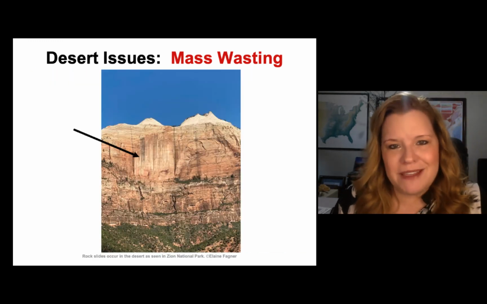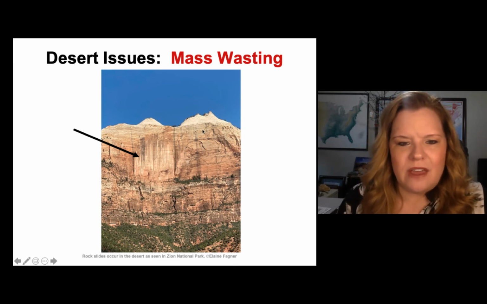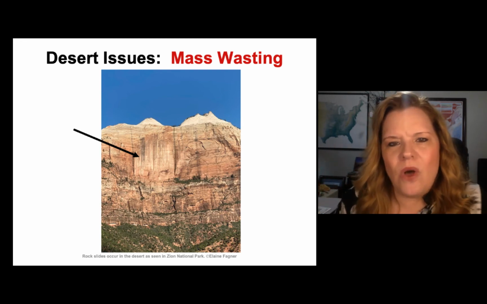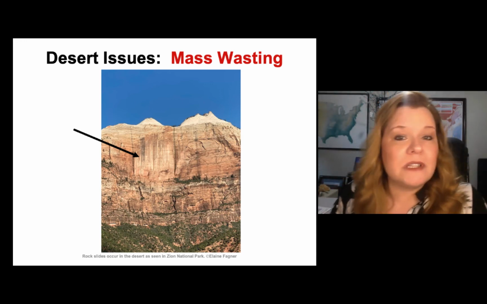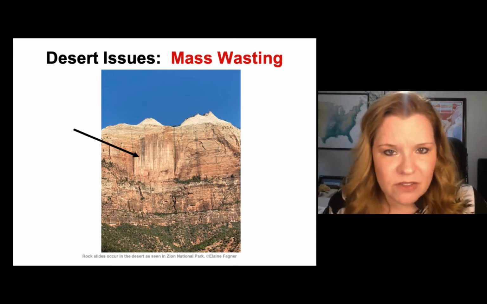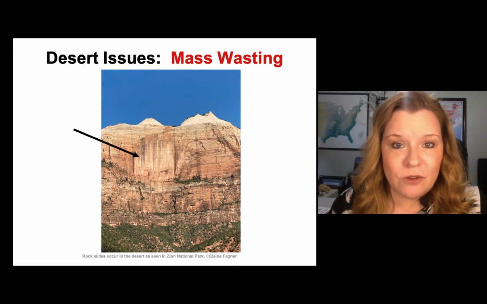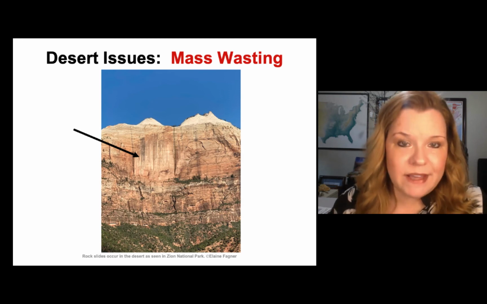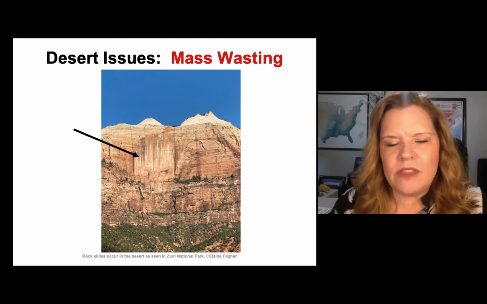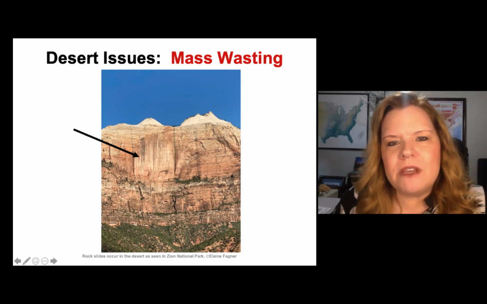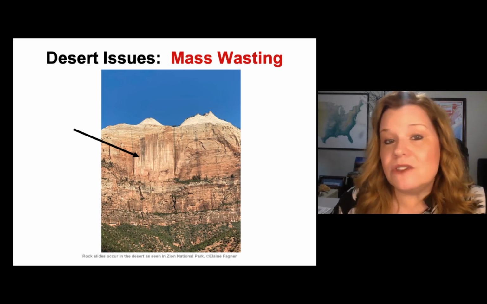Then you get this type of mass wasting. Do you see where there was a rock slide here? This is a huge vista, meaning a giant rock formation, and the whole section slid off. And when it did, it was an instantaneous mass wasting. There have been several of these events in Zion that have trapped visitors in the park for several days because it blocked out roadways, and they'll get it cleaned up. And the interesting thing is when you drive through this, you can see all the giant rocks that fell off way down here. And so that's something to think about because these mass wasting events do happen.